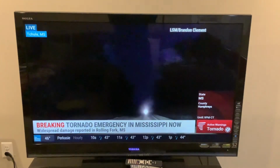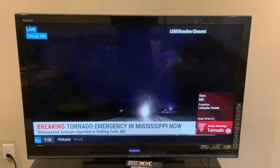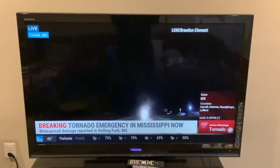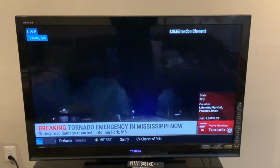Breaking as we continue to track storms across the lower Mississippi Valley. We're watching right now a view from one of our storm trackers. That's Brandon Clement, who is in and around the Tchula area there in Mississippi. And this is an area that is basically in line to deal with a tornadic storm. It's an area that's under a tornado warning, a tornado emergency to be exact, as the tornado warned storm is